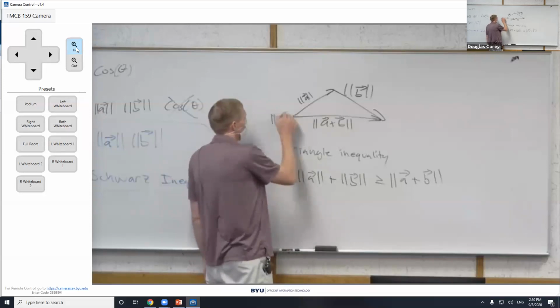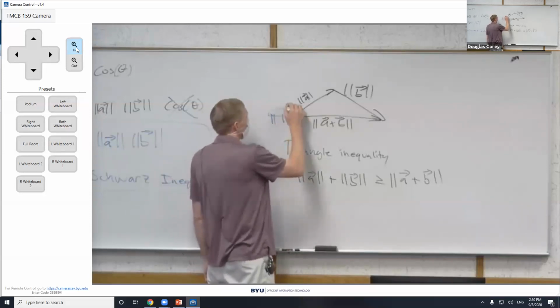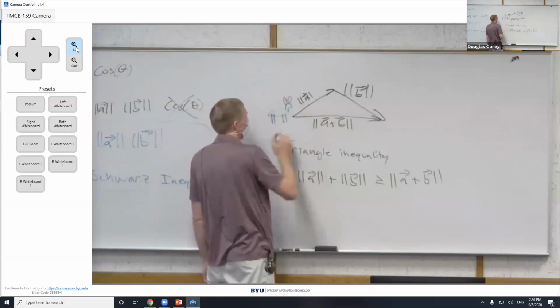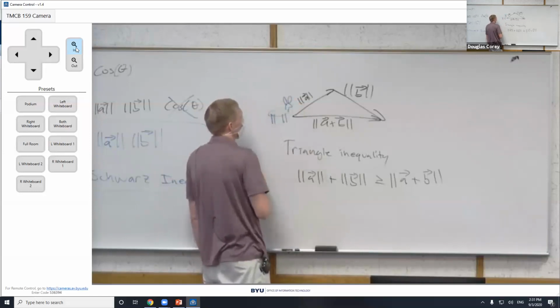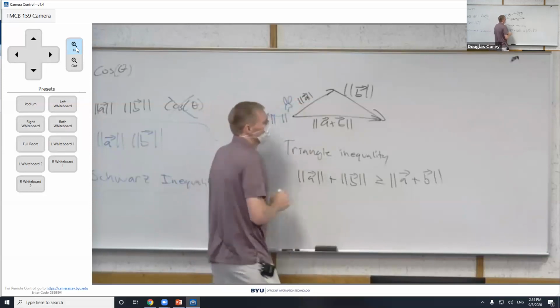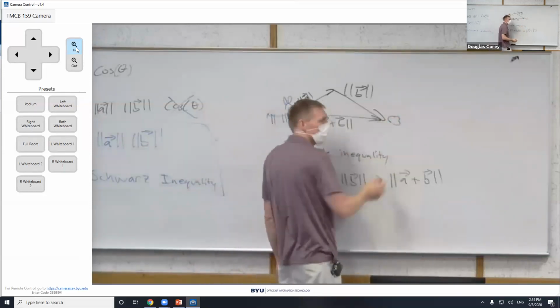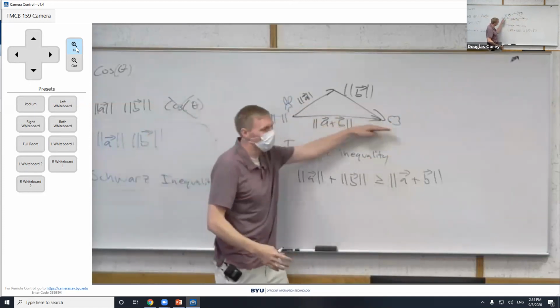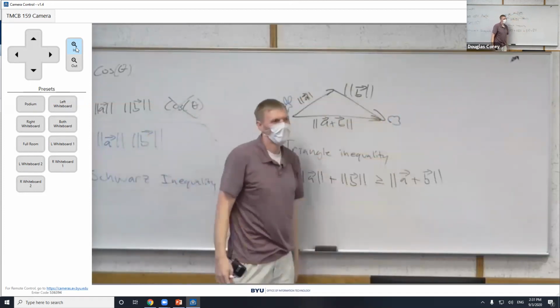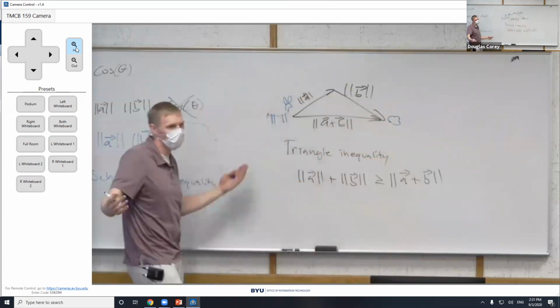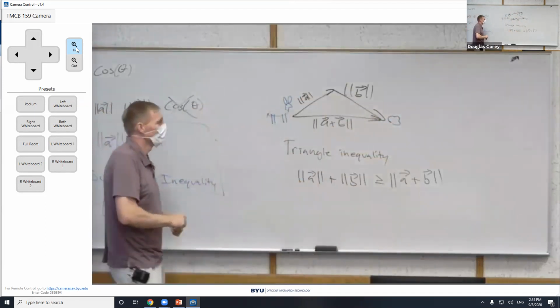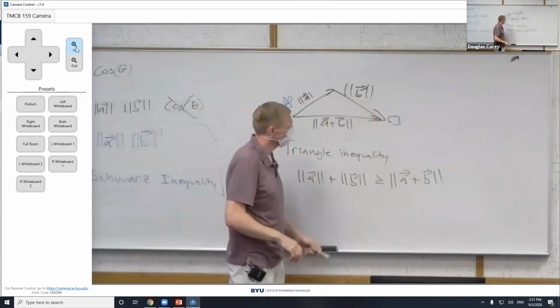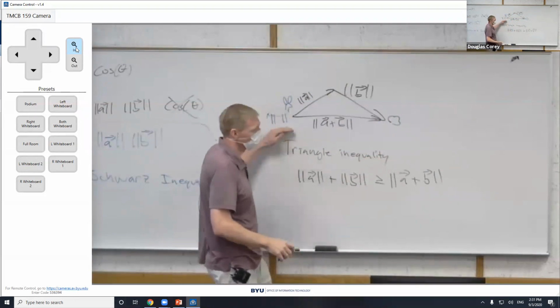If you put a donkey, if you put a deer at this end, and you put the food over here, even the donkey knows to go that way to get to the food. The donkey's not going to go around. So even a donkey knows that. Why do you even have to prove it? Okay, so this is the triangle inequality.